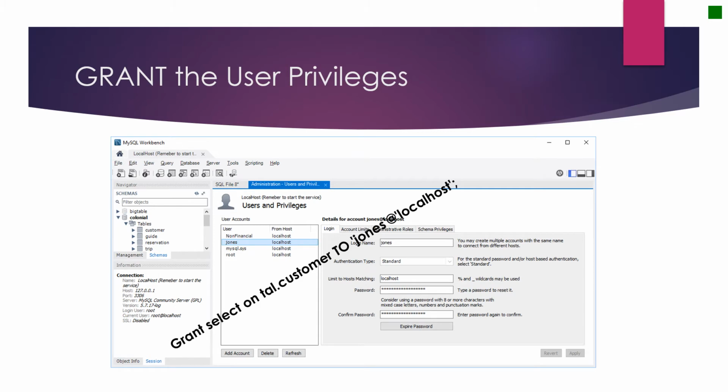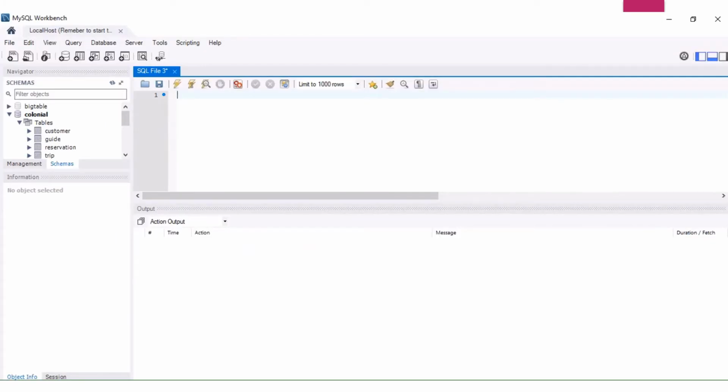Next, let's grant limited privileges on the TAL database to user Jones. With the Jones account created, we'll next issue a grant command to grant certain privileges to the user. We're continuing under the root login for the time being. The command we'll use is grant select on tal.customer to Jones at localhost. This command will grant the select privilege, but only the select privilege, and not on the entire database, but only